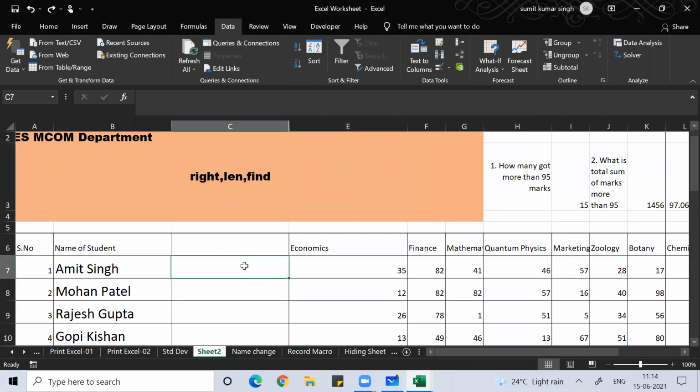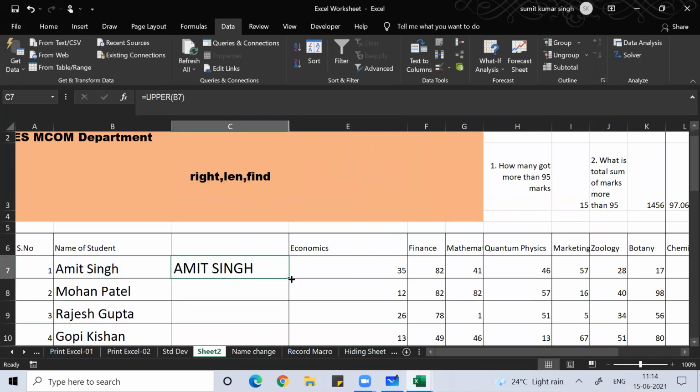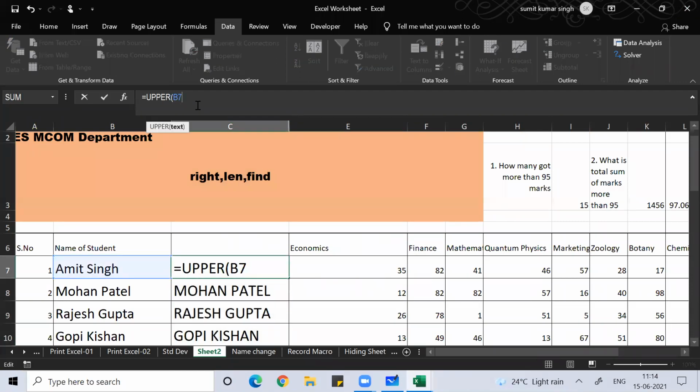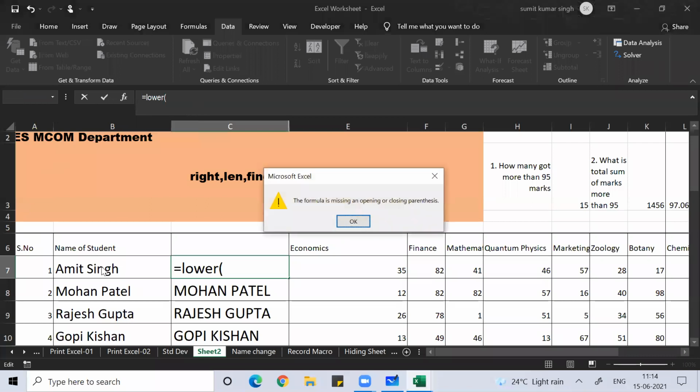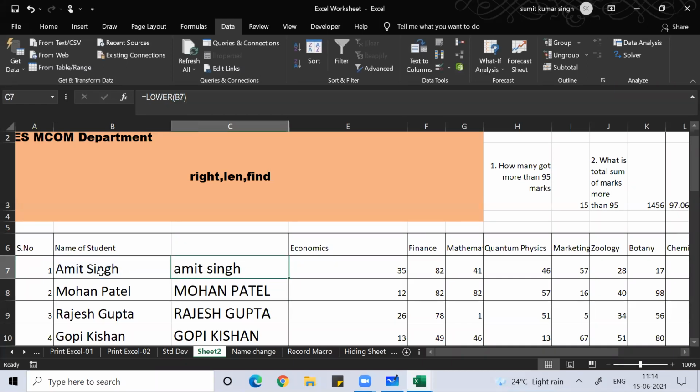Now I believe you remember, I taught you the upper function. Upper function will give you everything in capital letters. You can use the lower function, which will give everything in small letters. So if you click on the lower function, it will give you everything in small letters.